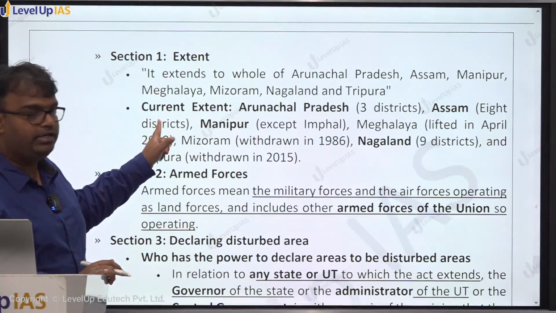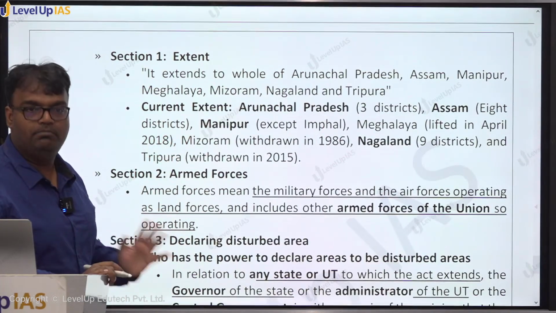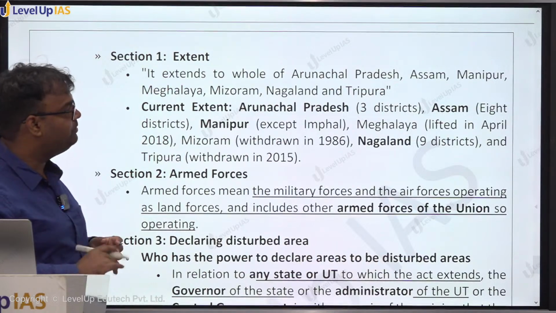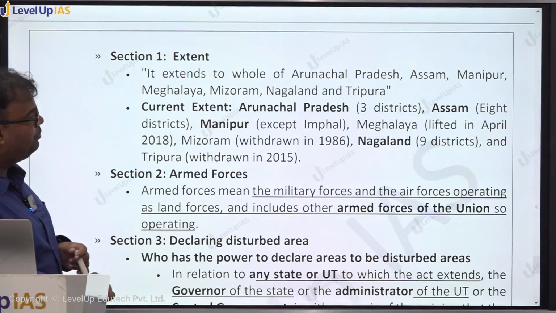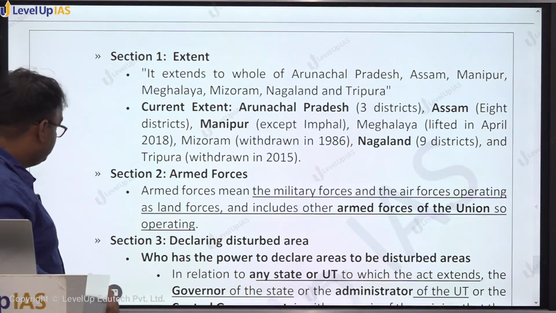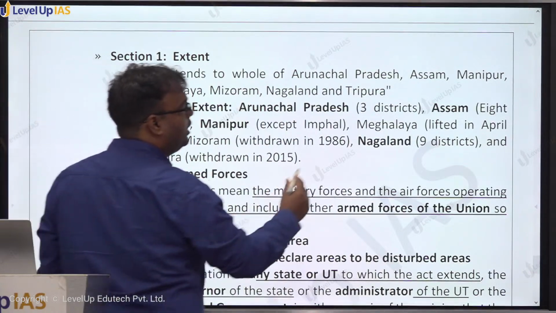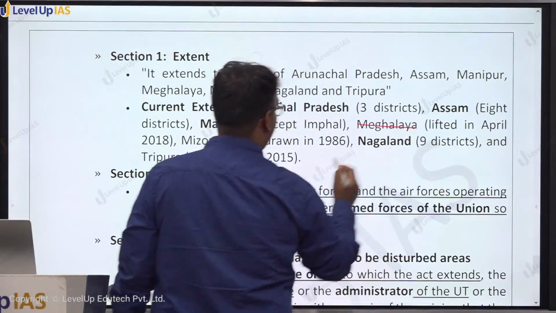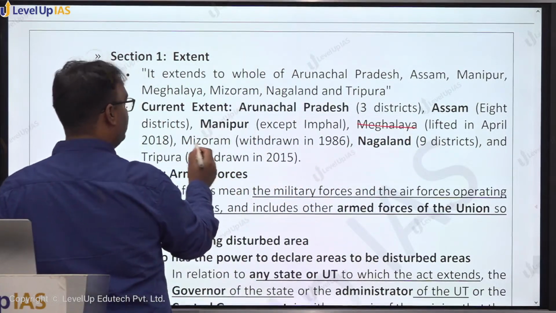तो अभी ये कहां पे लगा हुआ है? तो current extent आप देखोगे as of March 2023, तो अरुणाचल प्रदेश में 3 डिस्ट्रिक्ट्स में, असम में, मणिपुर में, और नागालैंड में। यहां पे प्लीज मेक दिस करेक्शन, मेघालय में नहीं है, अच्छा ओके ओके।